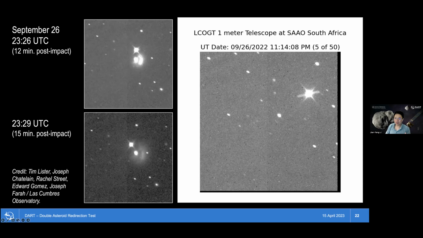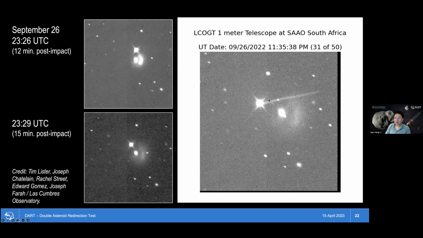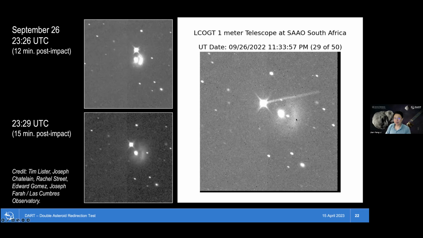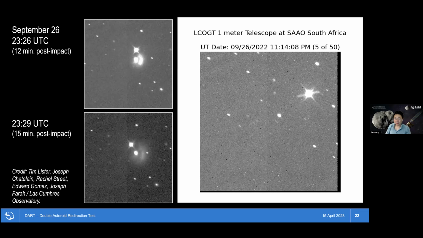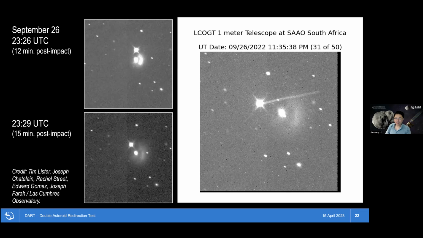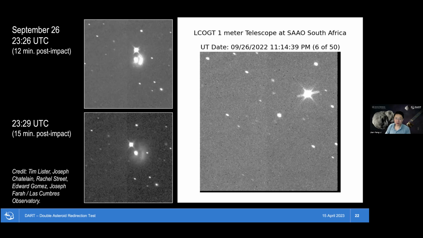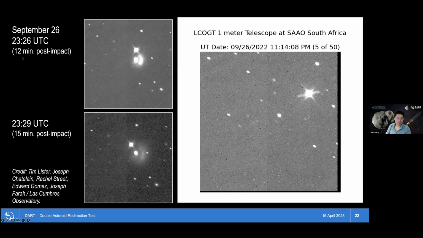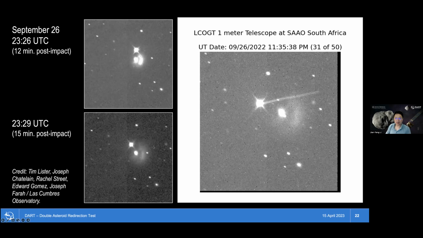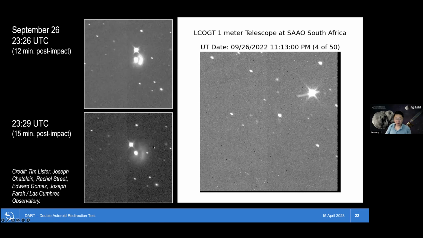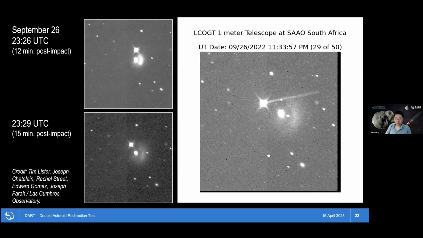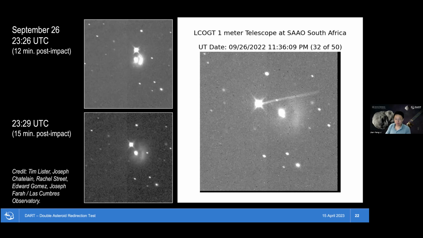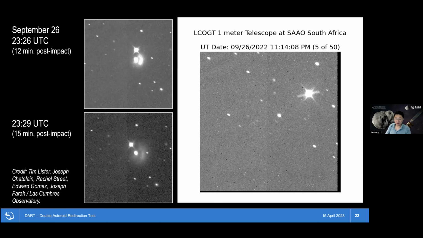In this particular frame, DART comes from the right. And this is a very fast plume. It has a speed of about 1.5 kilometers per second, which is about 1 mile per second. Pretty fast plume, shell shaped. And on the left, these are two still images at two different times, 12 minutes and 15 minutes after impact. So these are the fast component of the ejecta. And after that, there is a lot of slow ejecta, which is what we saw in the LICIACube images that I just showed.